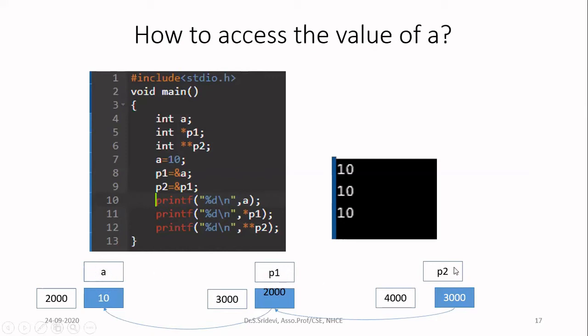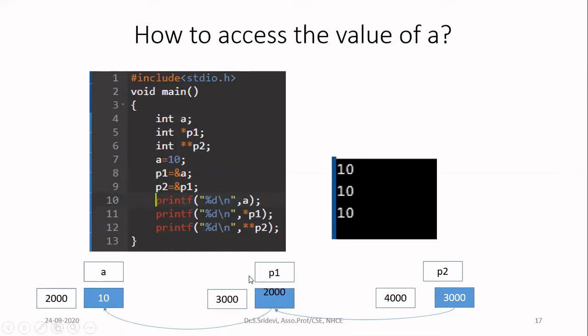How to do that? For example, if I want to print this 10, directly I can access with the help of the variable a by means of printf %d comma a. This is a normal way we do. Now, how to access with the help of this pointer? If you see here, pointer p1 contains the value 2000, that is giving you directly the address of a.